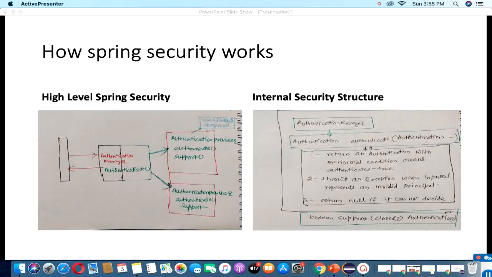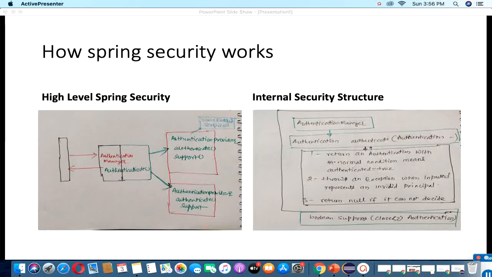Here is the internal security structure. Once a request comes in, it comes to the authentication manager, and the authentication manager authenticates that request. There are three different functionalities done by the authenticate method. First, it returns the Authentication class under the normal condition, meaning authenticated is true.